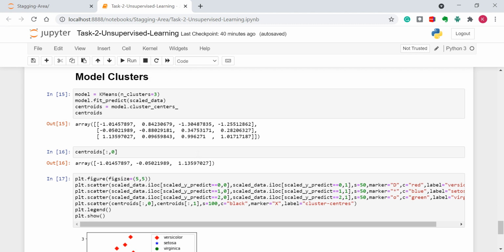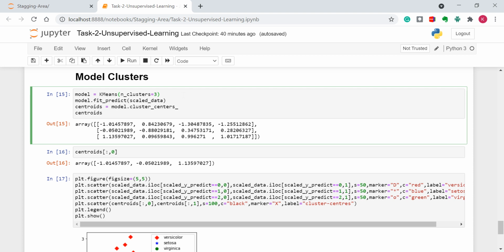And now model clusters. This is not needed for this problem, but I have included it to give you an insight about the dataset. As we already verified that 3 will be a suitable number of clusters for this model, again I'm initializing KMeans and storing it in a model by using the fit_predict method.